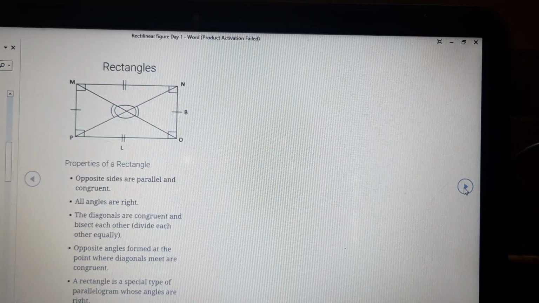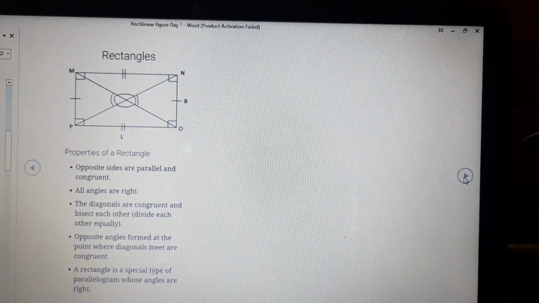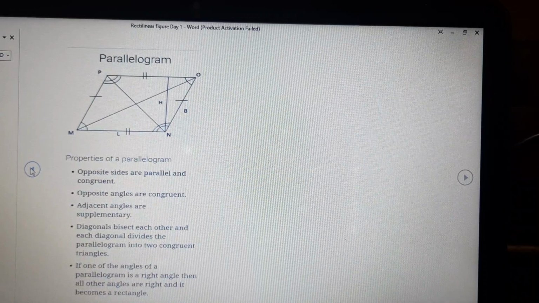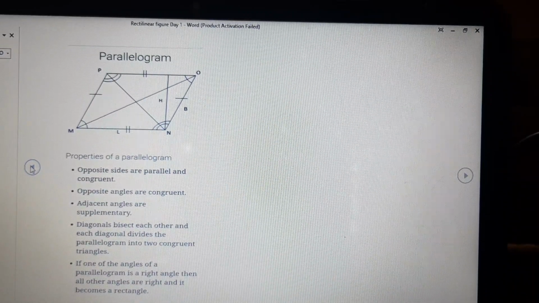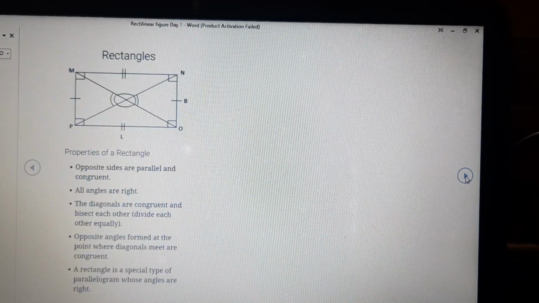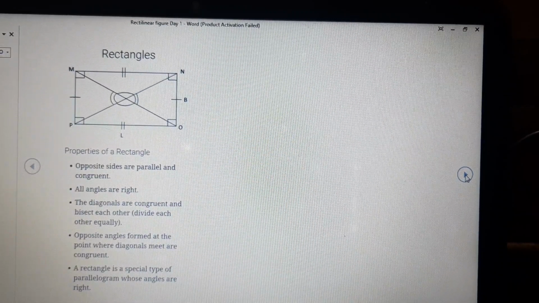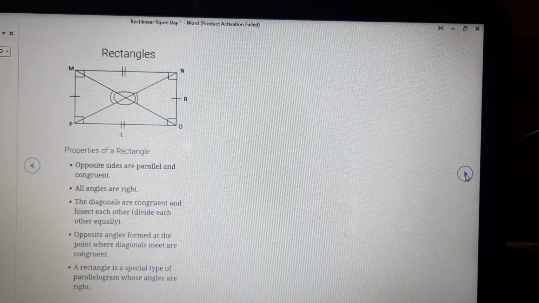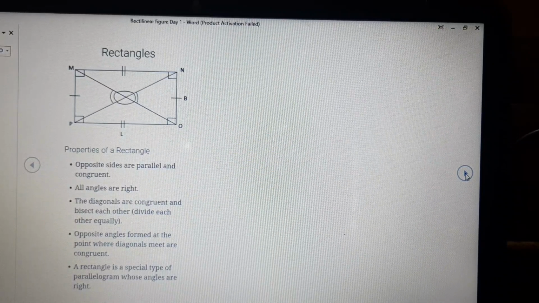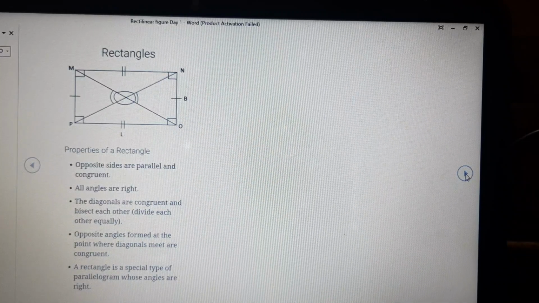Rectangle. In the case of a rectangle, one very important thing here: in a parallelogram, diagonals are not equal. The lengths of the diagonals will be unequal. They will be of different measurements. In a rectangle, opposite sides are equal, opposite sides are parallel to each other. Each angle is 90 degrees. Fine.